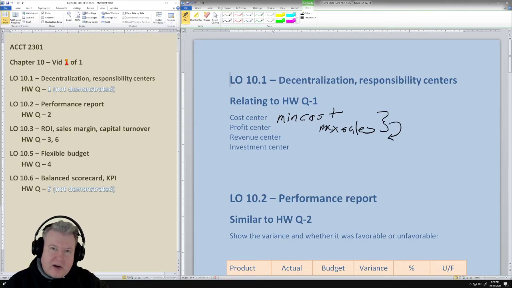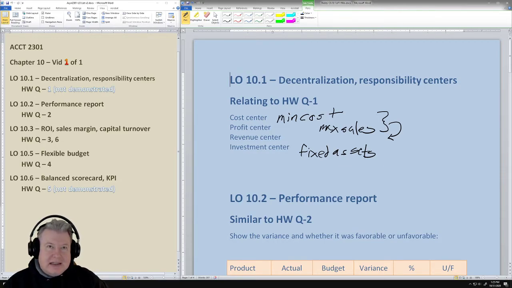And then an investment center is, and that's kind of where we'd say bring in an international vision. So you have your U.S. center, and then you have your international. Let's say you've got your China facilities. So in China, that division might be tasked with not only making things and selling things, and therefore minimizing costs and maximizing sales, but it might also be tasked with setting up the facility, buying the fixed assets, buying the storefronts. And so whenever we get into the fixed asset part, adding that to the sales and the costs, well, that's going to be an investment center.